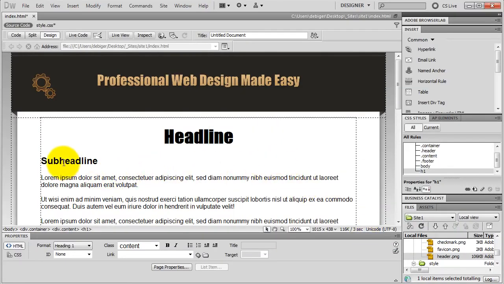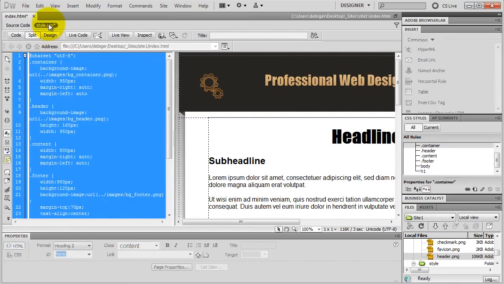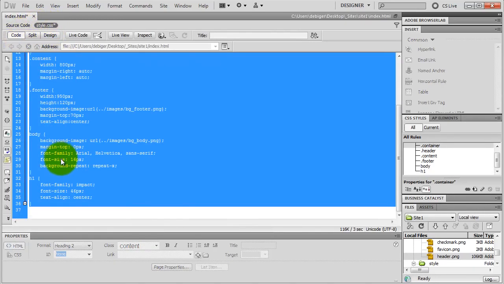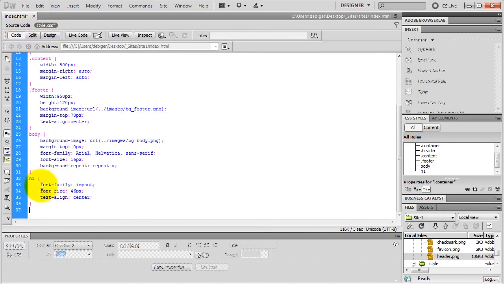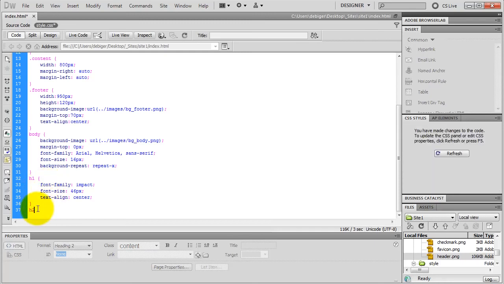And now I'm going to style my h2 tag, but let's write some CSS code so you learn how to do that as well. I go to my style CSS file, switch to code view, and here's my h1 rule. So let's put the h2 rule right after that. I type in h2, hit my spacebar,